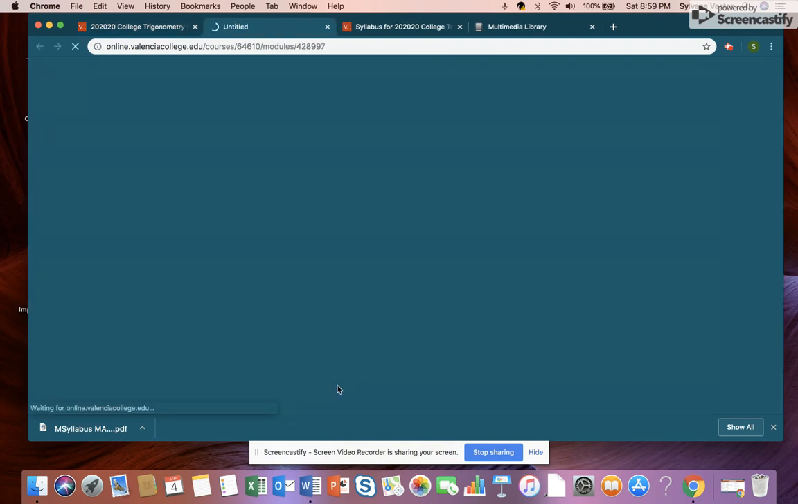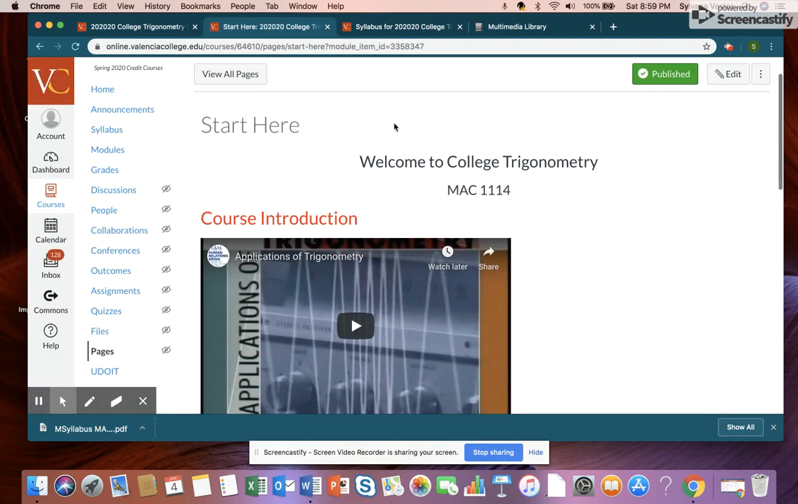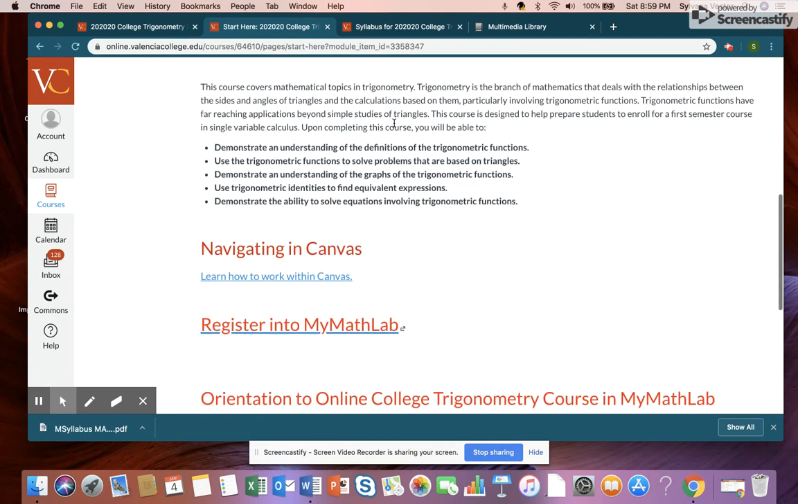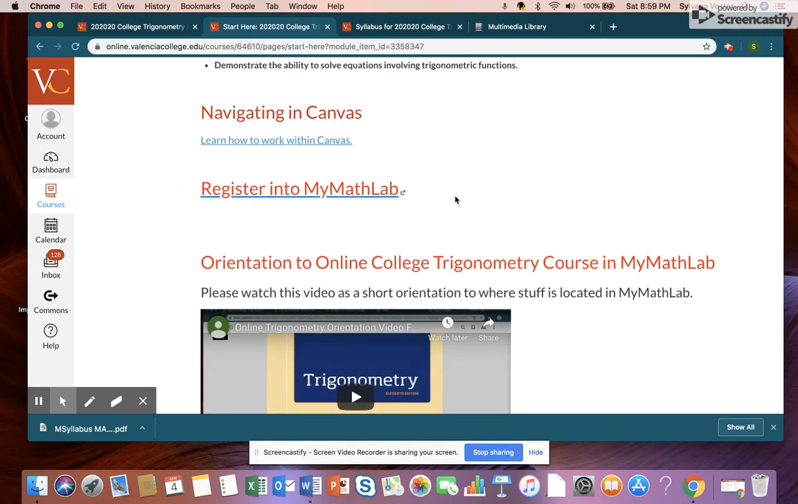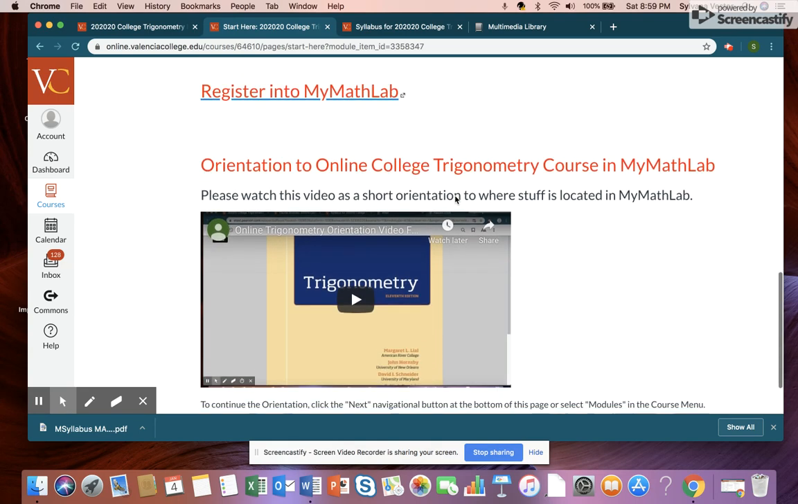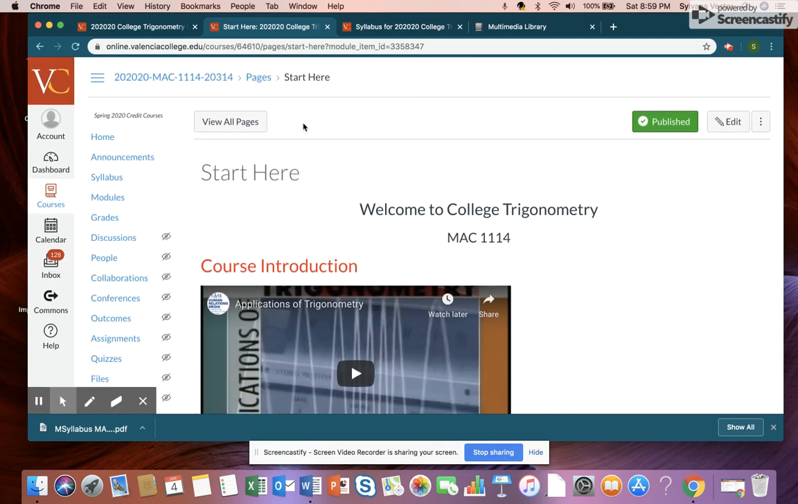So Start Here takes you to the modules, and then when you open it up, this is what you'll find. And this is incredibly important because it'll help you navigate through Canvas and register in MyMathLab. And of course, you'll also have your orientation to the video that you're listening to. All right. Then from here,